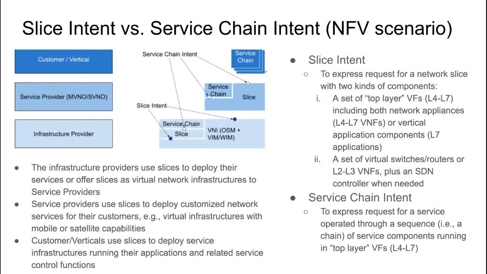So the slice intent in general expresses a request for a slice and has two levels of components. A set of layer 4, layer 7 virtual functions. We call them top layer virtual functions that include either network